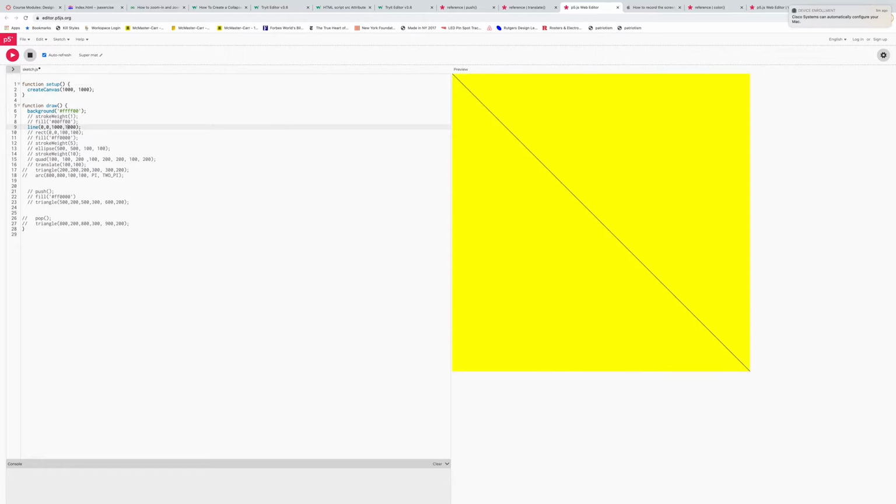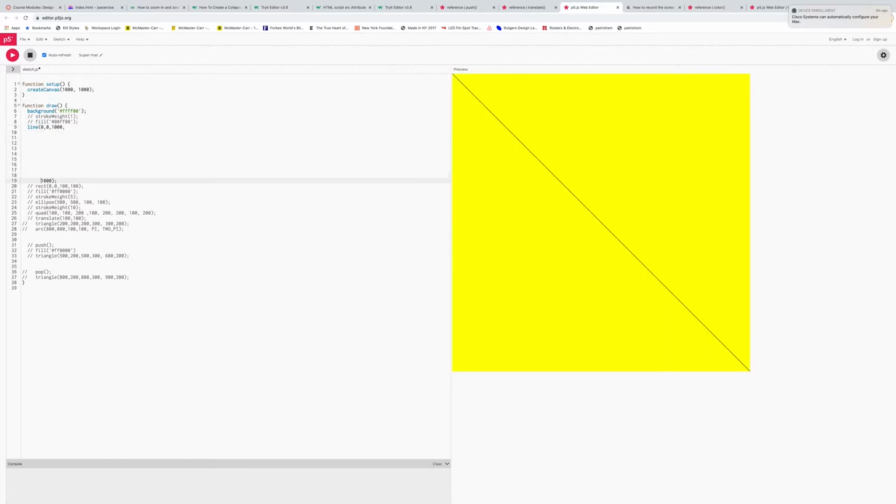Now, P5 is great in that spacing, what we call white space, doesn't matter in the syntax. I can break this down to the bottom line. I can put it all the way down here. It's still going to work. But